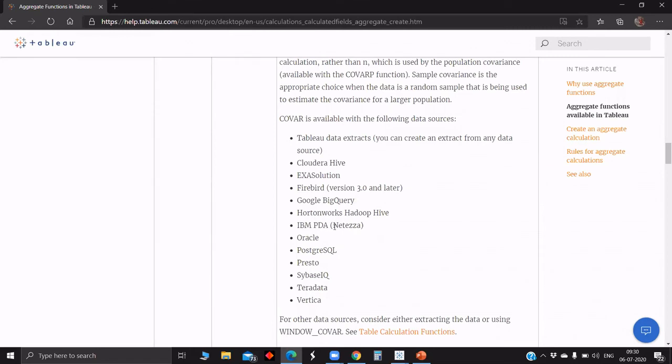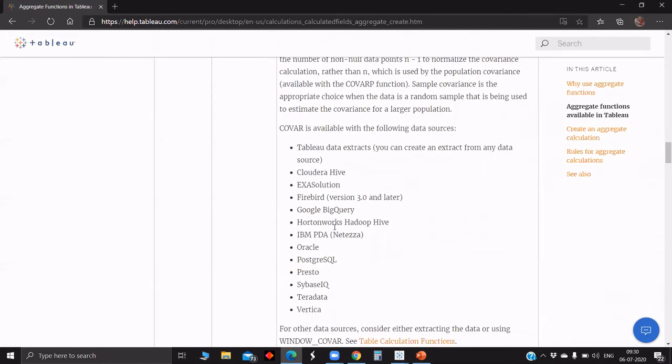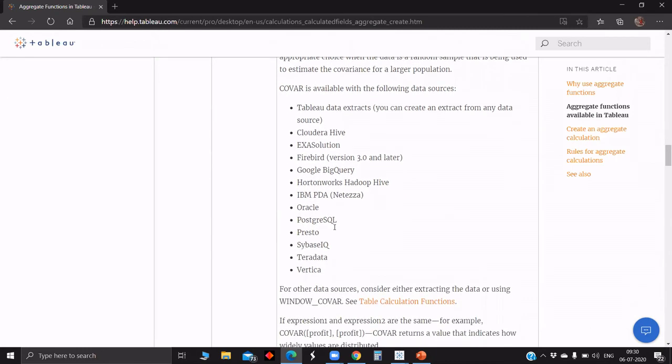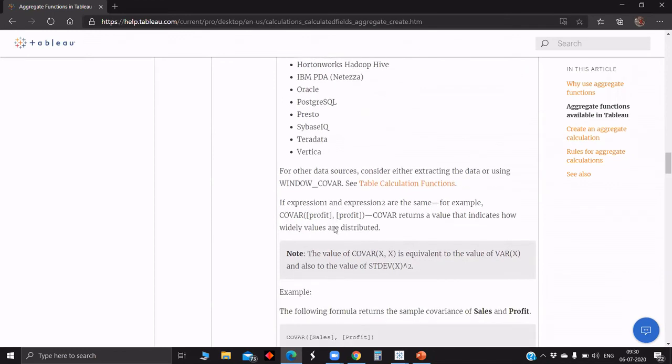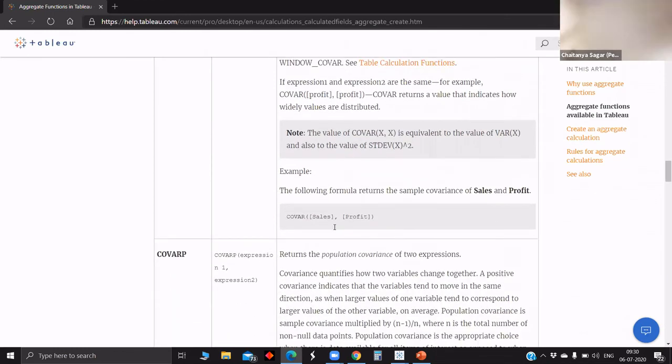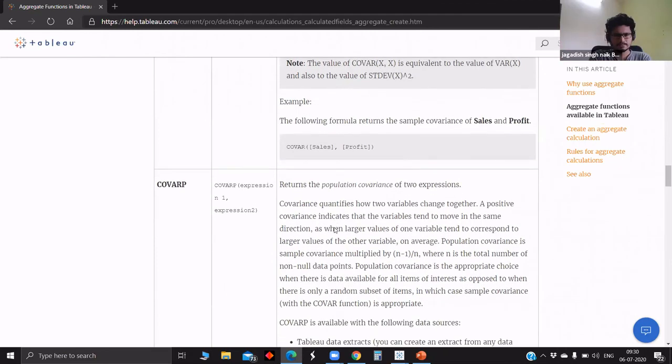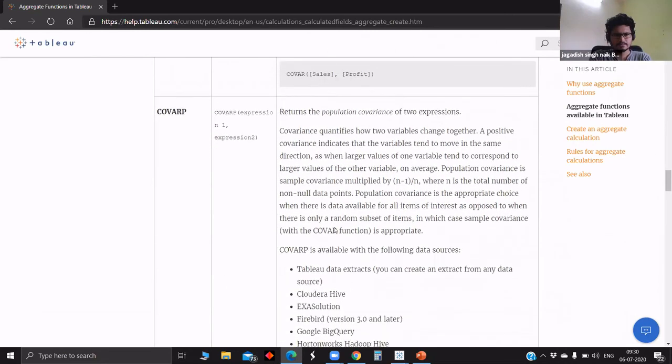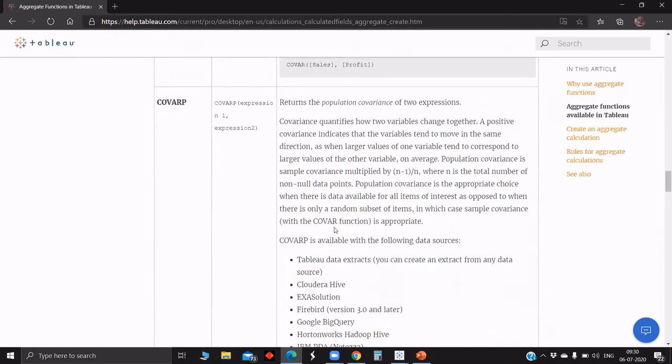And I think we can use it in all data sources by using them as extracts and making them live again. Okay. Similar to covariance, we have covariance P, which returns the population covariance of two expressions, that is, how two variables change together.